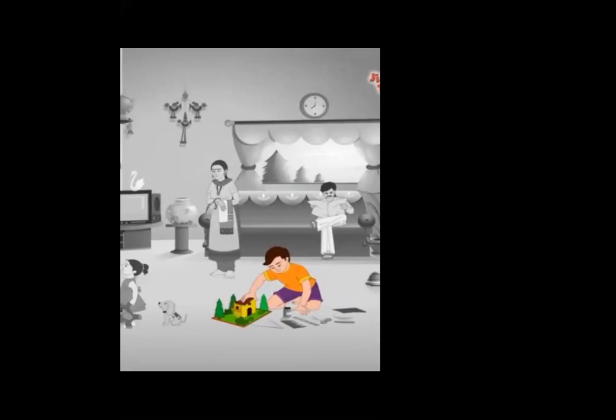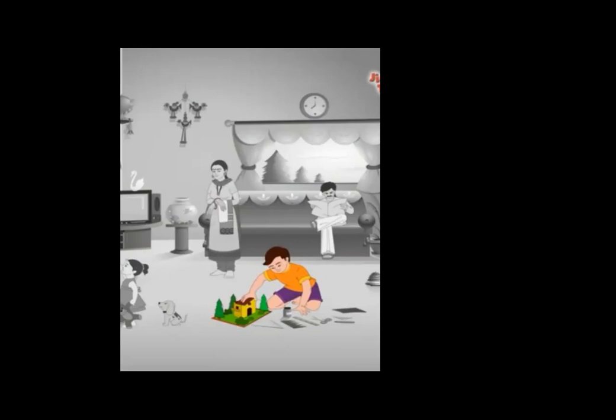So Rohan is making a cardboard house. Rohan is sitting on the floor. He is making a cardboard house, and whatever things he is using to make this cardboard house, that also we can describe about Rohan.